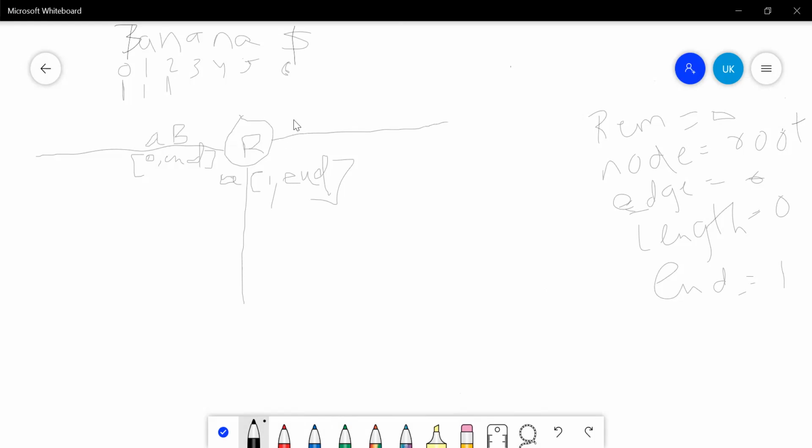Then we again create a leaf with N. So right now remainder will again be 1, and sorry, end will be 2. Every time, end gets increased.